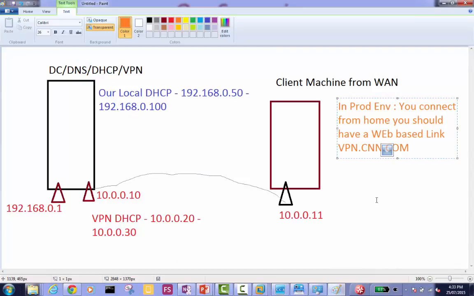So as I was saying, I just gave an example, after stopping the video, of my company VPN URL. I was supposed to not put that on video. Why am I giving 10.0.0.11 and 10.0.0.10 in our lab? Because we are assuming that this client is communicating from the internet, and there is that web-based URL that will ultimately connect our client to our VPN server.